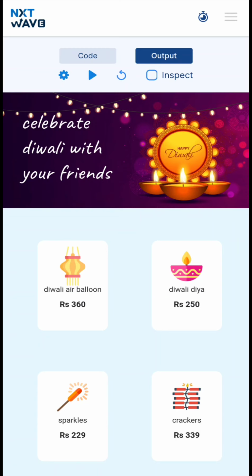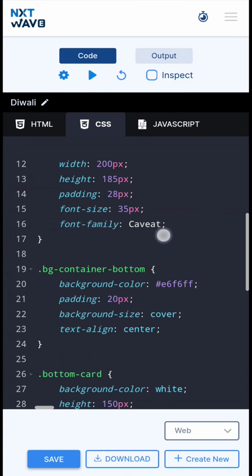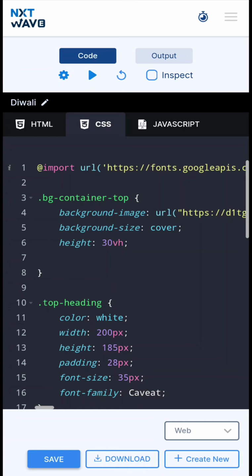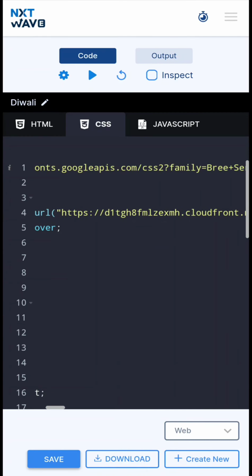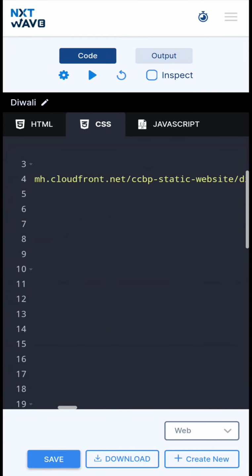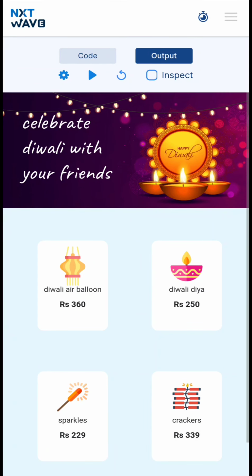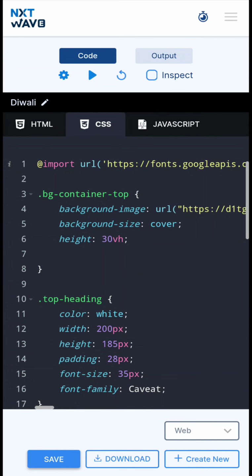Now add a background image. We know that to add a background image, we use the CSS property called background-image. Now give our value as the URL of the image, and next we need to give the size. The top section covers almost 30% of the page, so I use 30vh as the height here. So 30vh is nothing but 30 viewport height, which means the image covers 30% of the height in every device that we open our website on.